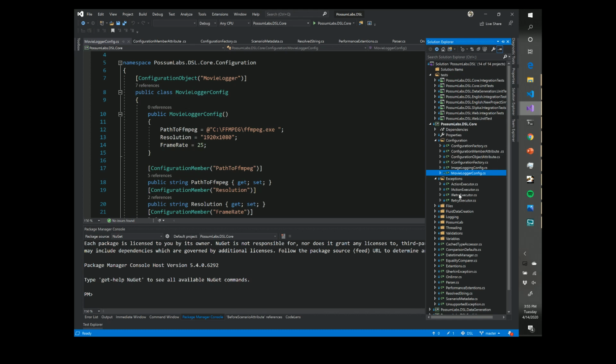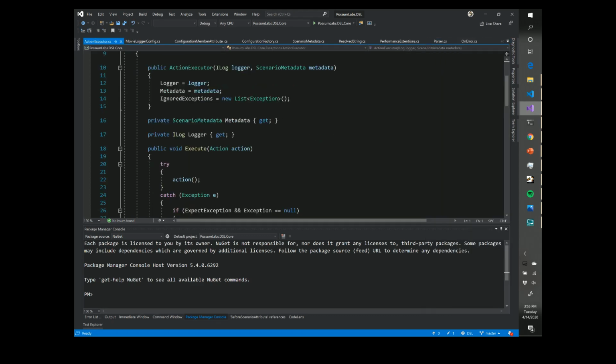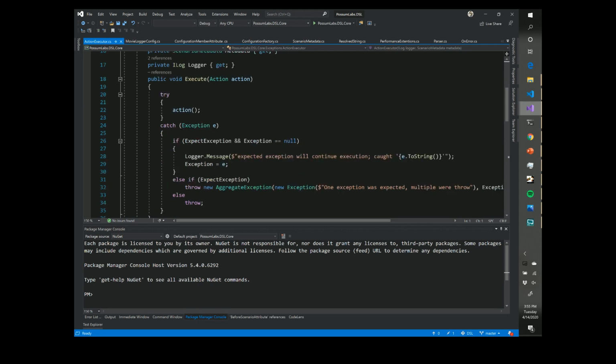And the action executor is primarily used as a delegate. What it allows you to do is to run something inside of this execute method. Then when an exception is expected, so expects exception, and we didn't have an exception already, then we can actually log that exception and capture it and just keep on running. That way you can effectively have one step which flips a switch that says, hey, expect an exception. The next step, if it throws an exception, will just gobble it up. And then